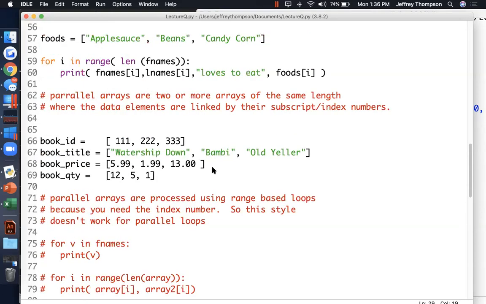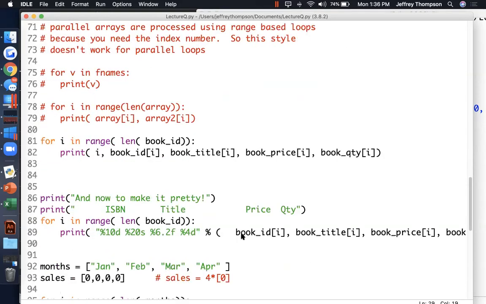Where did that go? Where are my books? Right there. If I want something to be left justified rather than right justified, I would stick a minus sign in front of the things that need to be left justified. Doesn't this look complicated? Well, if we learn it by bits and pieces, it'll start to make more sense. I kind of introduced the most complicated thing first. But if we break it down,